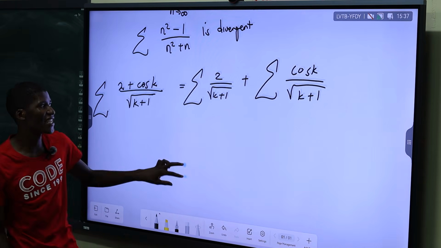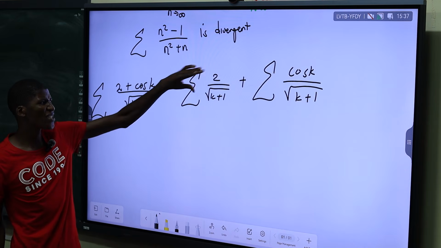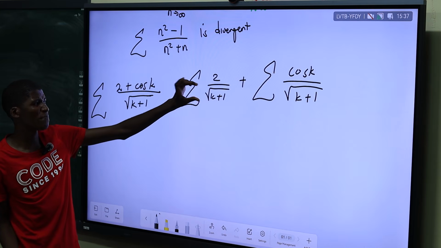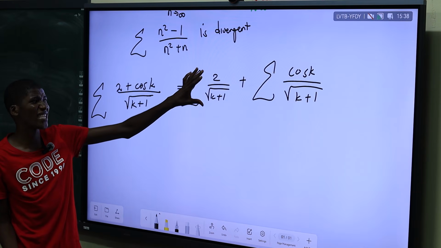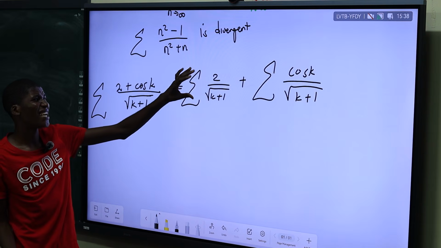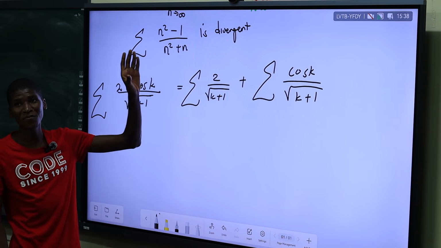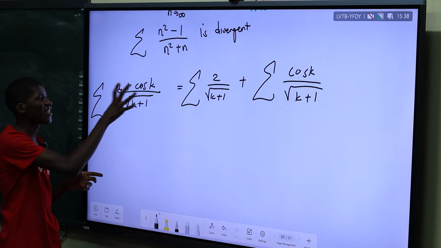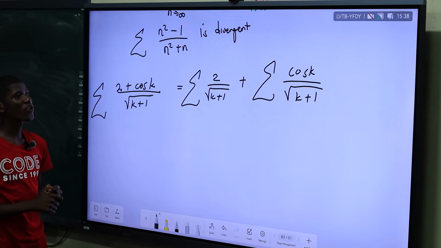Then you evaluate them independently. Evaluating them is not going to be that complex. If you try a test for divergence, you increase k, the denominator becomes a bigger number no matter what, and the square root will still become a bigger number. So it means this tends towards 0, so it cannot be divergent. But you have to do some other test. We'll definitely solve it in our tutorials later on. In the meantime, this makes it easier for you because you've got one common denominator.